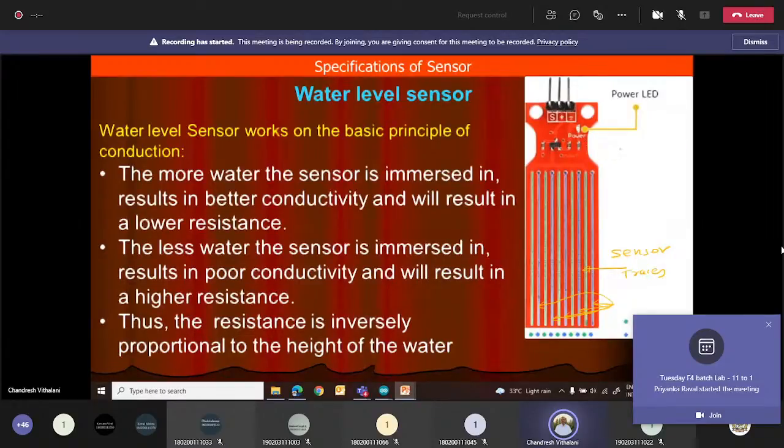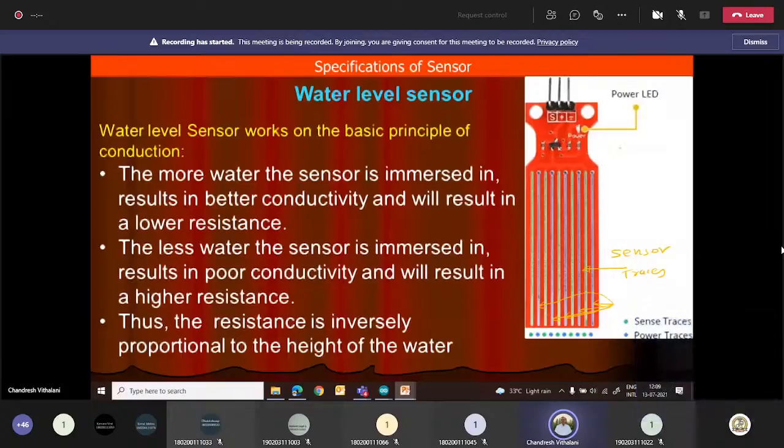So ultimately, we are providing plus 5 volt like this. And whenever you get conductivity, you will get a variable resistance here, and you will get a different voltage at the voltage divider bias. If there is no water, if it is dry, then this will act as an open circuit and you will get plus 5 volt.